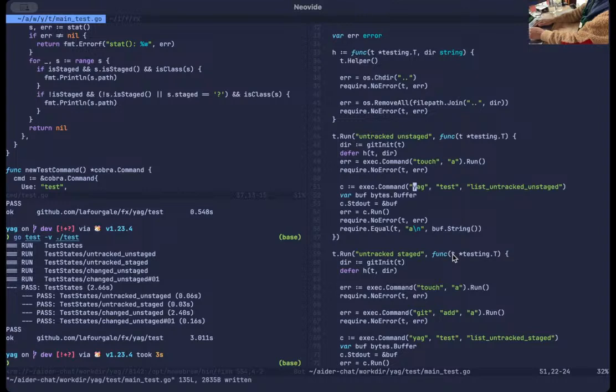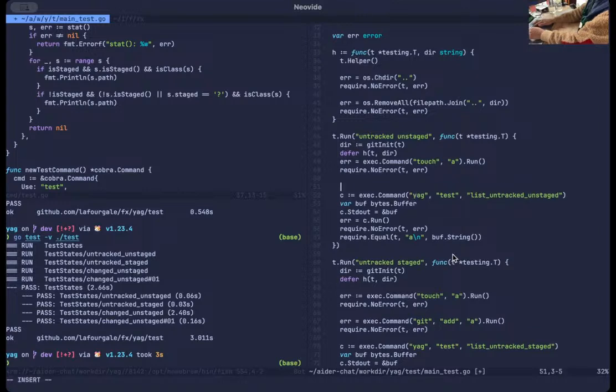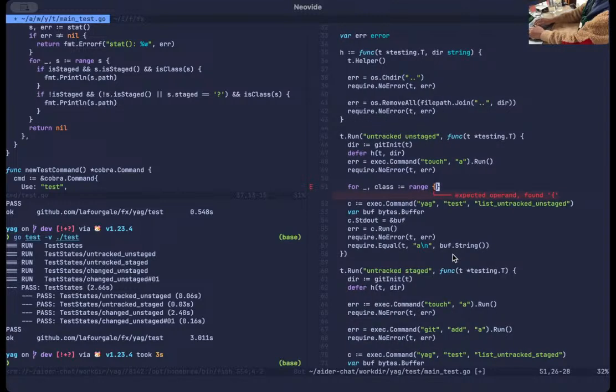So it will be like a couple of four. So for underscore, class, we get range of